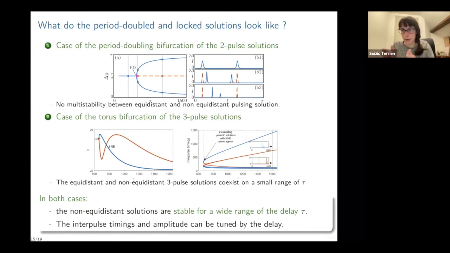They become closer and closer from each other. And they also have different amplitudes. This is what we see here for the stable solution. And for the unstable solution, the pattern is a bit different, but we focus more on the stable solutions that we can observe in an actual experiment. And interestingly here, for the three pulses solution, we see that for the configuration we considered here,